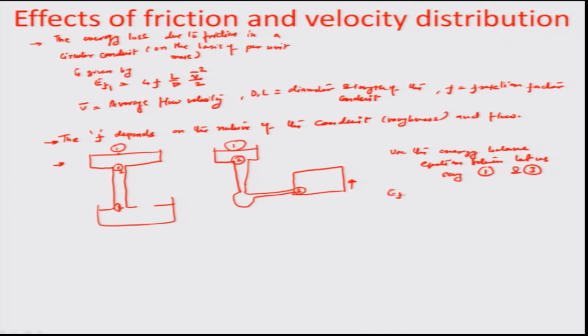then obviously E f 1 should be added to energy at 3, okay, because this is the energy loss that would happen from the overall energy which is available at 1 for the material to be successfully able to withstand the frictional effects on the wall side of the conduit. So, for a smooth conduit,